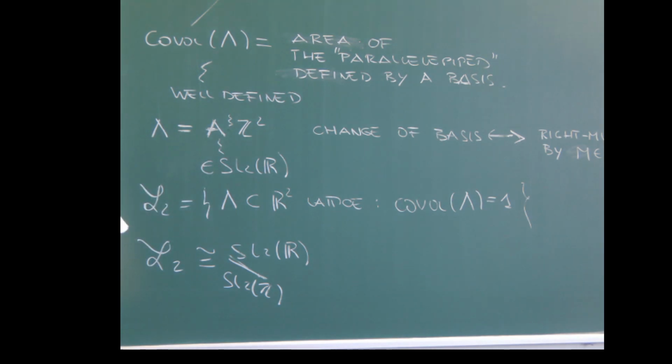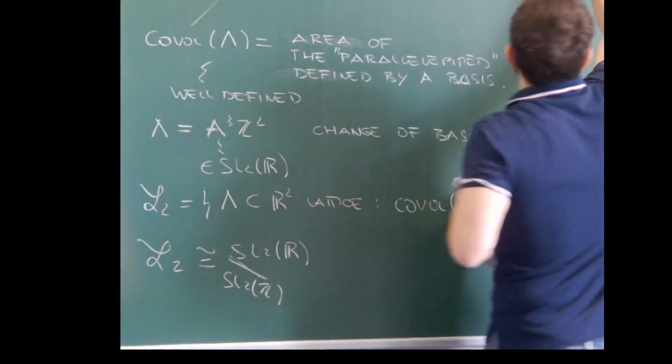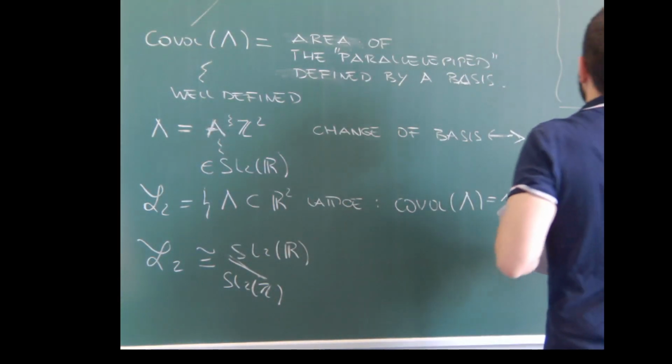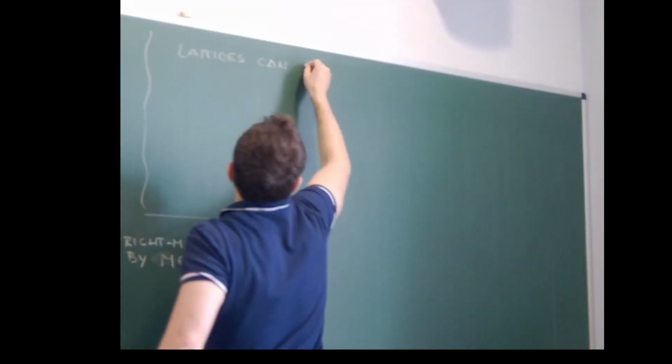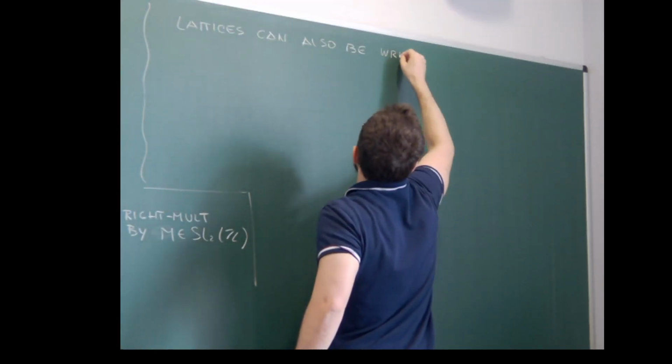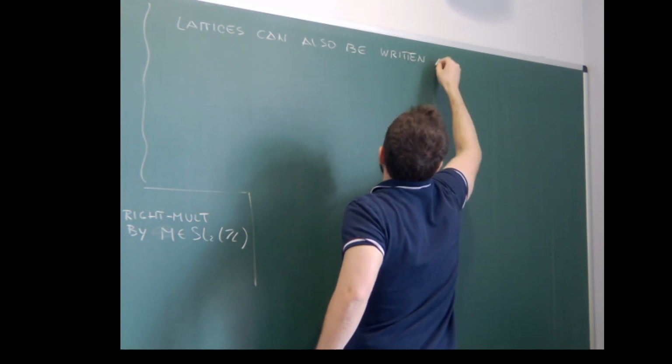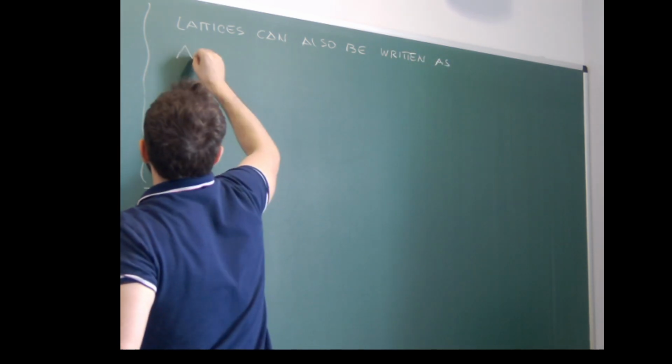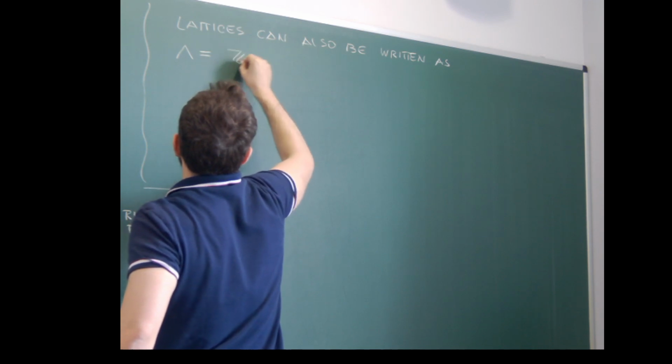But in my space, the original space I had, I want a quotient by the action of SL2Z on the left. So I have to see lattices in a different way, right? But in reality, it's very easy to see that lattices can also be written